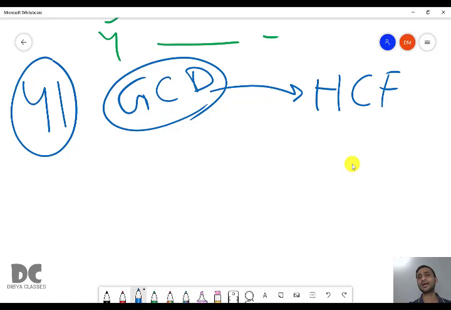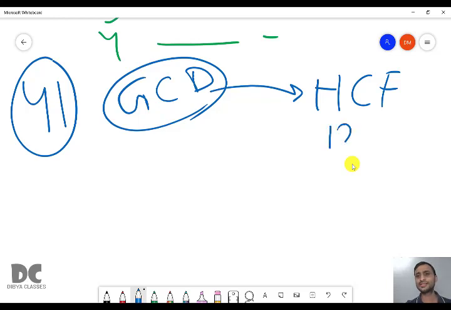And in the previous class, I have already told you how to find HCF of two numbers. But here we are going to use a different formula, not that formula. If you use the formula I have already told you for this program, it is wrong, because this program has asked you to use the continued division method formula. So now I am going to make you understand what is the continued division method formula to find the GCD, greatest common divisor.